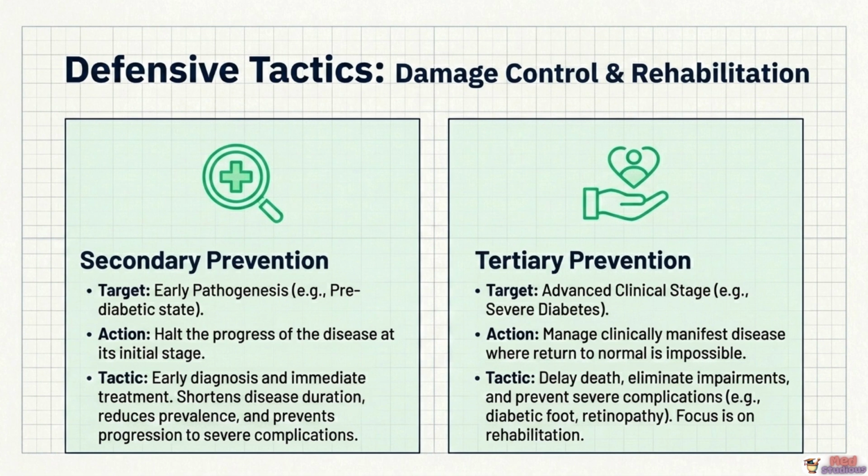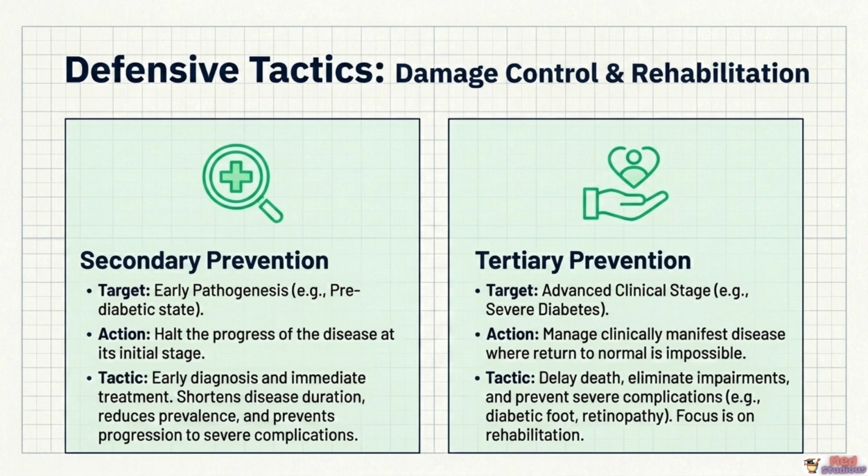Secondary prevention targets the early pathogenic phase, specifically the subclinical incubation period, when pathological changes are underway but the patient is not yet symptomatic. The objective is to halt the progress of the disease at its initial reversible stage before it causes significant damage. Applied to diabetes, secondary prevention means detecting impaired fasting glucose or impaired glucose tolerance, the pre-diabetic state, through population screening of high-risk individuals and immediately implementing structured lifestyle interventions or pharmacological treatment to reverse the progression